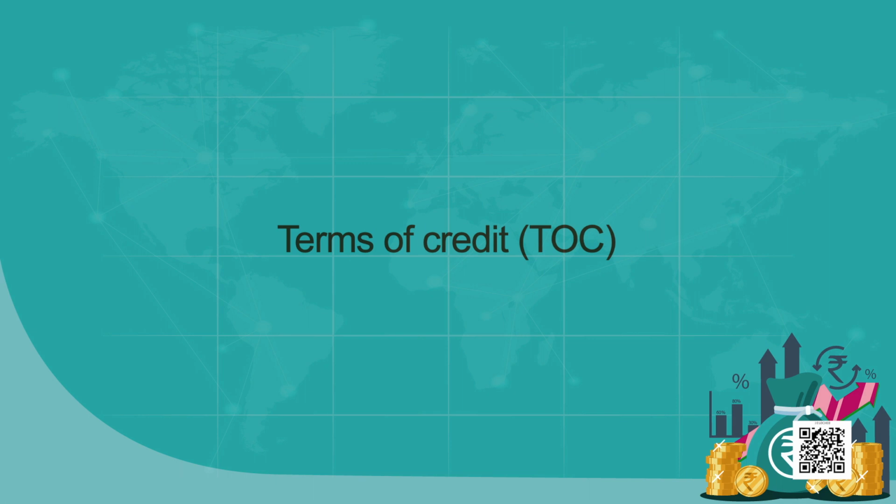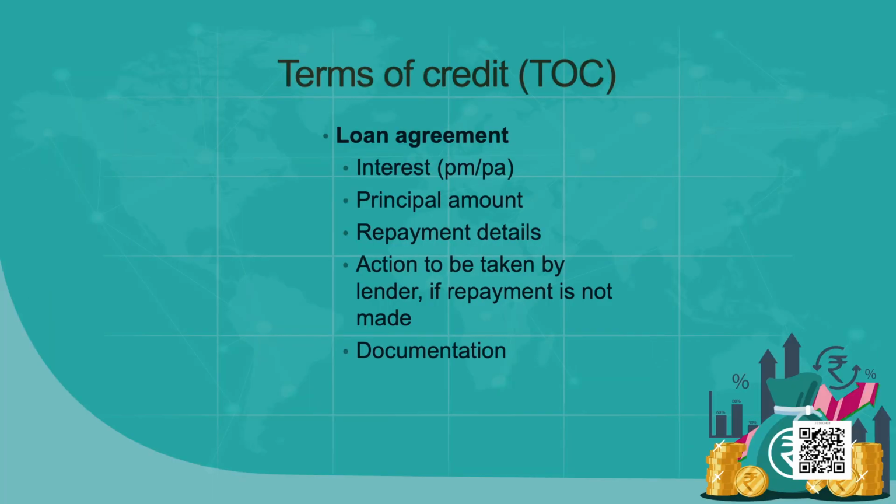When people go for borrowing, when they go for credit needs, they have to meet certain conditions. They have to fulfill certain conditions. That is technically called terms of credit. What are the terms of credit? Terms of credit require three things. Basically, the loan agreement. The loan agreement includes, in case you are not able to repay, what action he or she has to take.